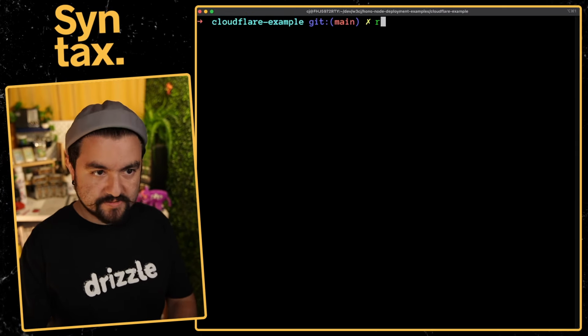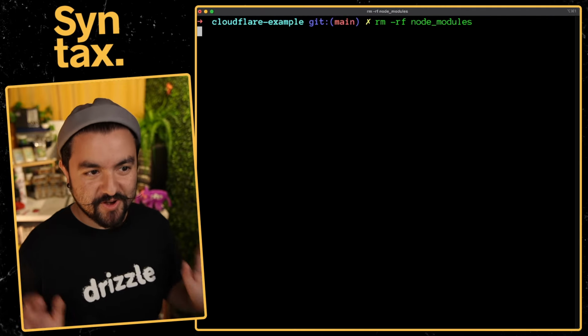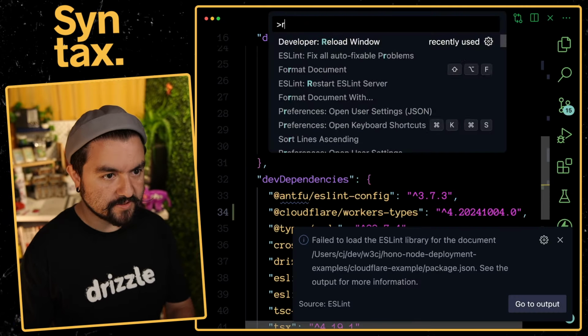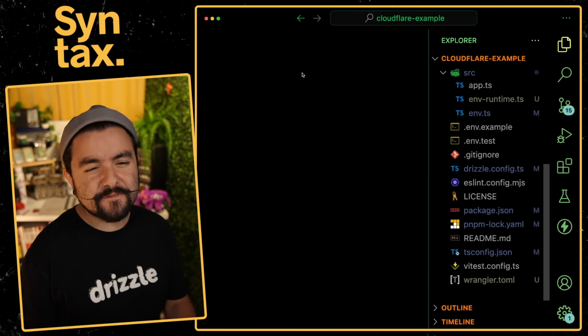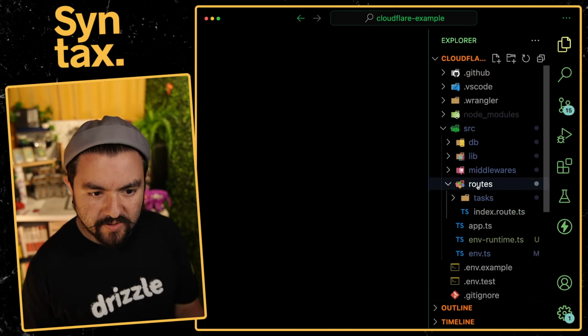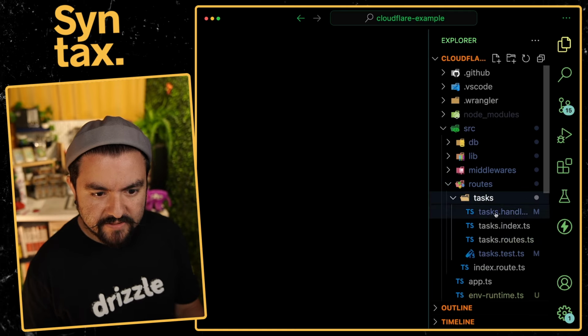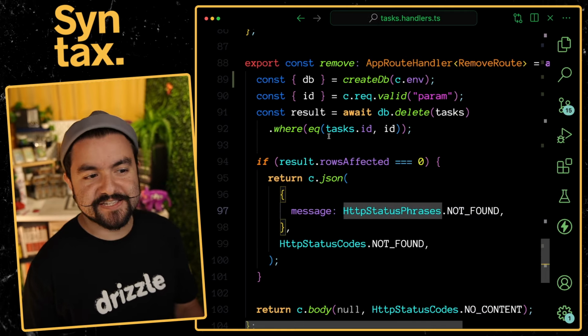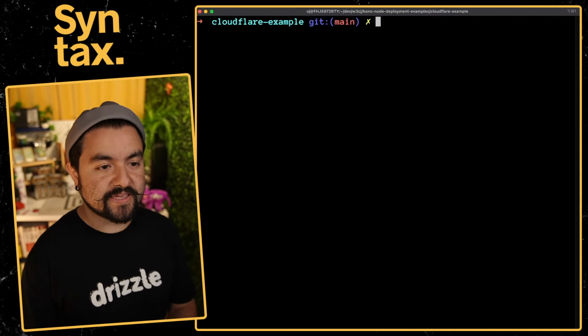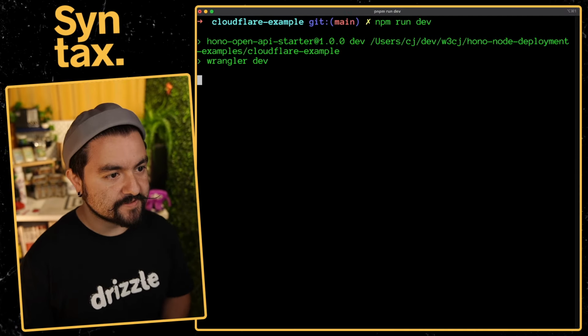To make sure this is a truly fresh install, I'm just going to remove all of my node modules and then do an npm install. Now let's reload VS Code. I have a feeling that this npm install also fixed the Drizzle error we were getting earlier. If we take a look at our handlers, yeah, this isn't throwing a type error anymore. Okay, for some reason our node modules were out of date, but now we can give it a try. So if I do npm run dev,